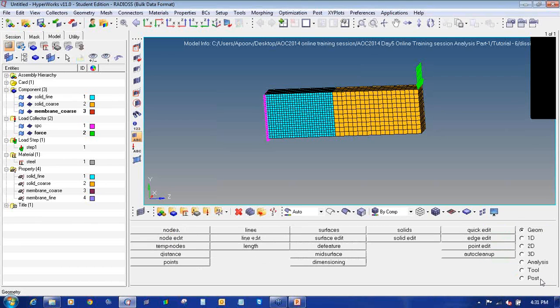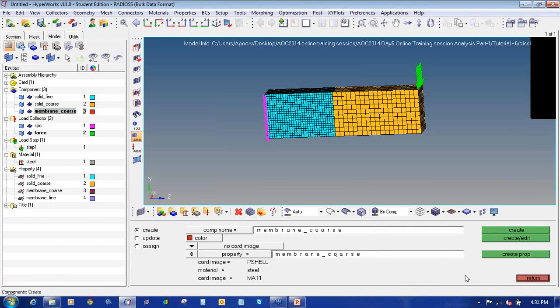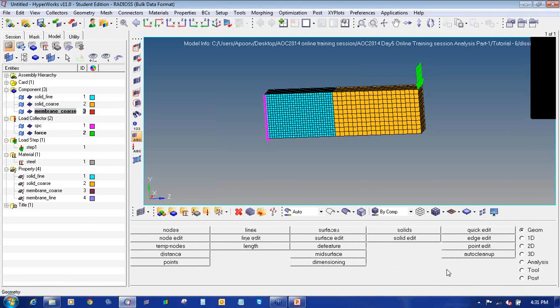Then I will just recheck that I have selected the proper property or not. Yes, I have. Then I will just check the box of coarse of these two,